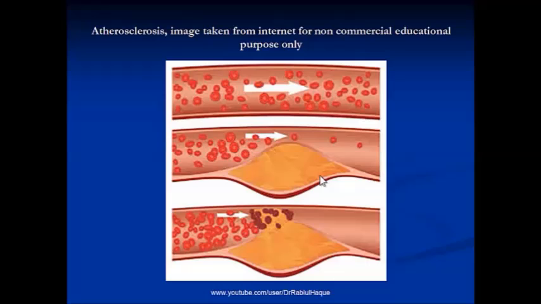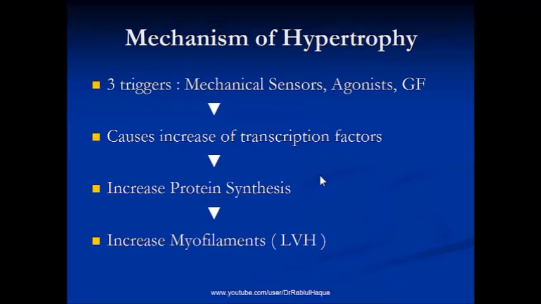Okay, the next question is, what is the mechanism of hypertrophy? Now this is a very molecular level question. What is the mechanism of hypertrophy? What is happening when the heart is having to work against increased afterload? What is providing the stimulus for hypertrophy? So there are different types of hypotheses, and the main things that you need to know is there are mainly three mechanisms. One is mechanical